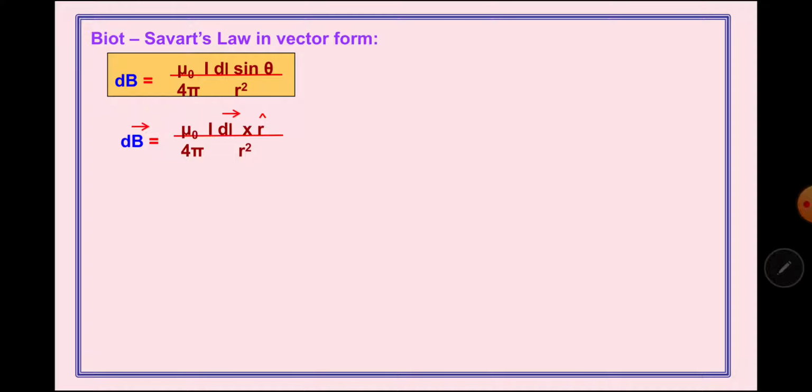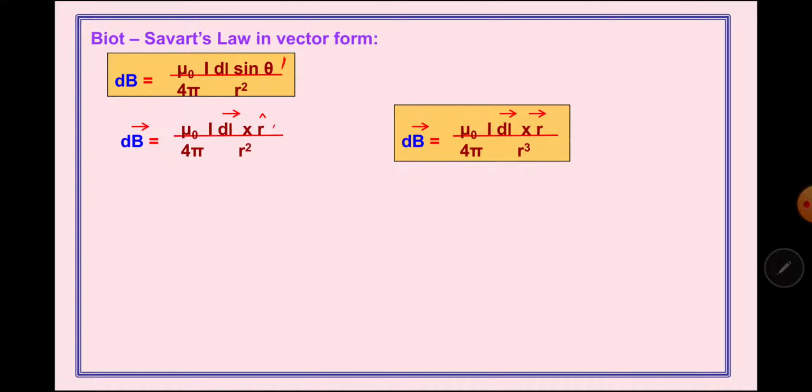Now students, this r was not present here. We have introduced it here. It is only a unit vector. It has not got any magnitude except 1. So that does not create any difference even if we write it in the numerator. But if we want to change it with r vector, then we will have to increase 1 power of r in the denominator. Right, students? So this has occurred because we know that r cap is equal to r vector divided by r. So when we have substituted this value here, that is why 1 power of r has increased in the denominator, and in the numerator it has turned out to be r vector.